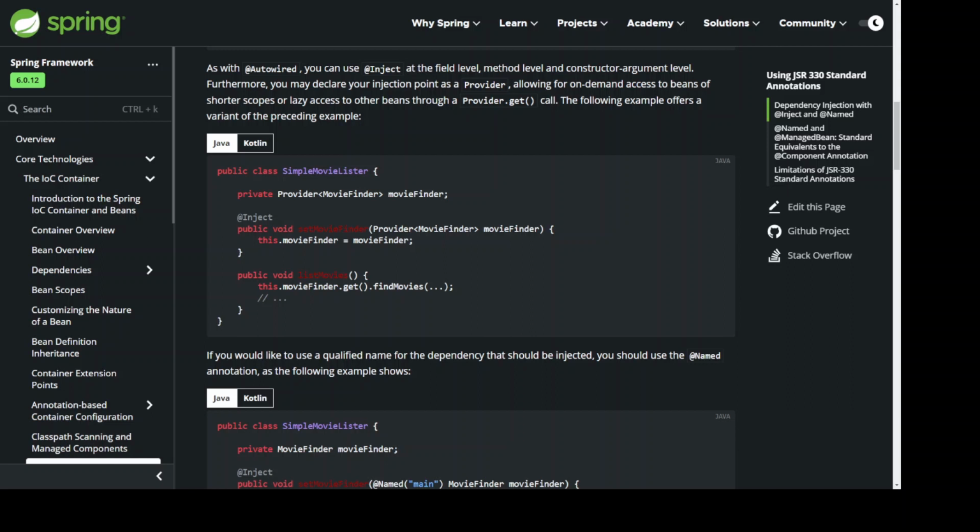The following example offers a variant of the preceding example. import jakarta.inject.Inject; import jakarta.inject.Provider; public class SimpleMovieLister { private Provider<MovieFinder> movieFinder; @Inject public void setMovieFinder(Provider<MovieFinder> movieFinder) { this.movieFinder = movieFinder; } public void listMovies() { this.movieFinder.get().findMovies(...); } }